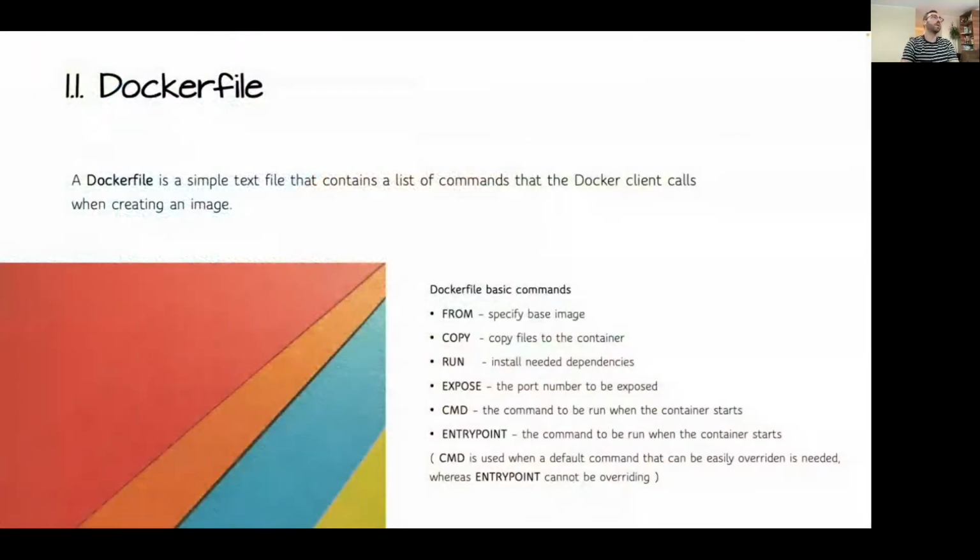Okay, so we go over the Docker file. First, Docker is a containerization platform which helps us build, run and deploy applications inside of a container. The way Docker creates these containers is through Docker images. And to create such a Docker image, we use this Docker file. A Docker file is just a simple text file that contains some commands that the Docker client will execute